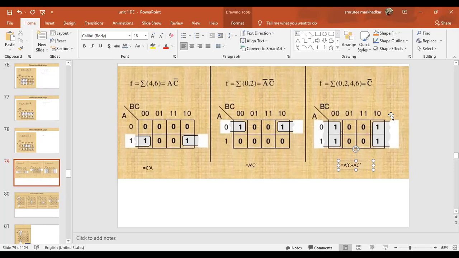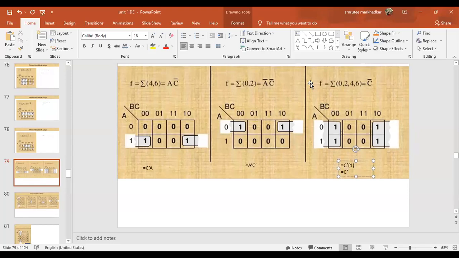So what is changing here? You can see the change. We have seen that when we make a quad, 0 and 1 are complementary to each other. So whatever values you put, they will automatically cancel out each other. So we are left only with the vertical part. In the vertical also, if you see B bar C bar and B C bar, B bar and B are complementary. That means naturally we are left with only C bar. So that is how we got the answer of C bar.